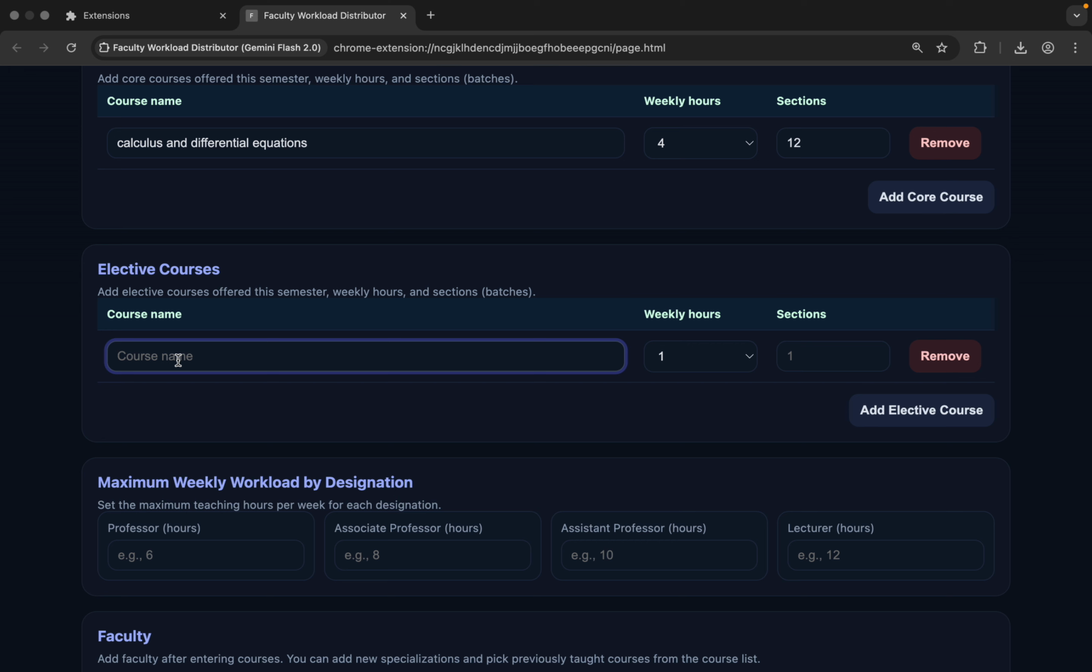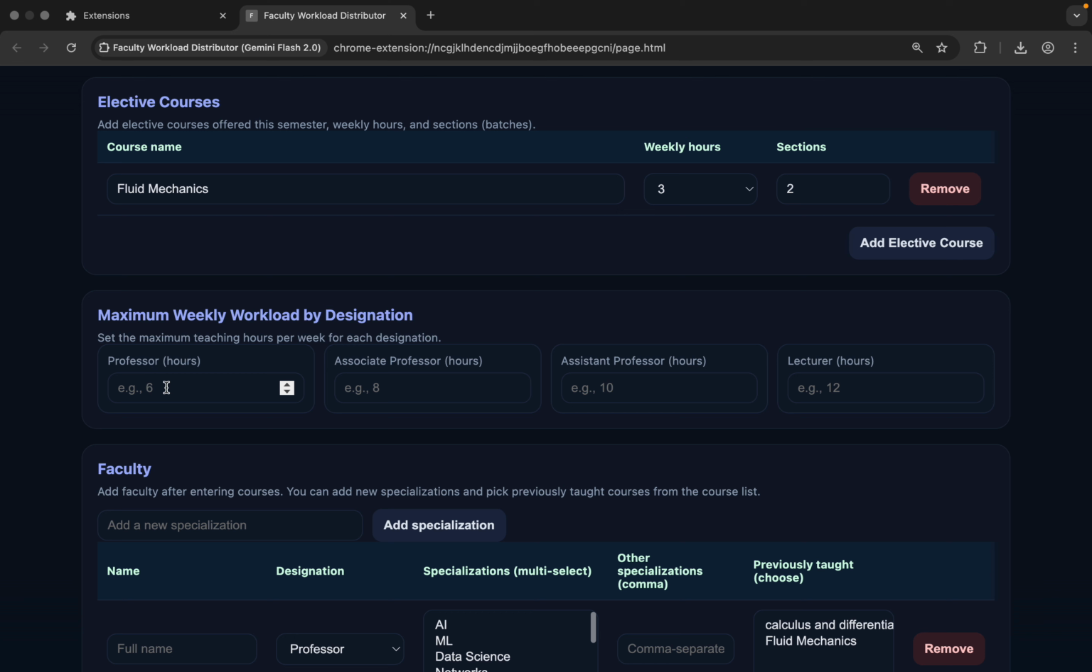Let's say an elective course is fluid mechanics. It is being taught 3 hours in a week and, say, in only 2 sections because it's an elective. Here I can put, say, a professor will have 6 hours and an assistant professor only 12 hours, not more than 12 hours. Associate maybe, assistant is say 14, and a lecturer, on an ad hoc basis, 16 classes